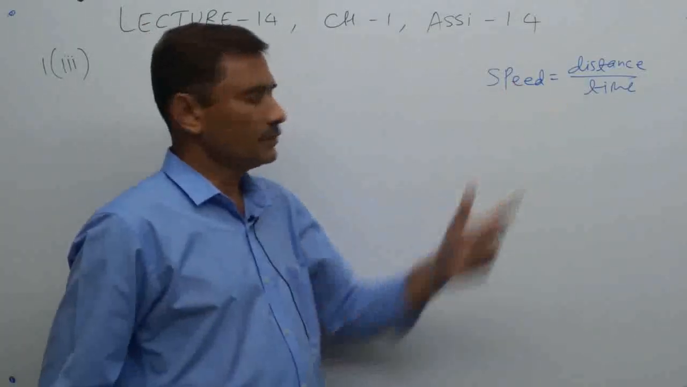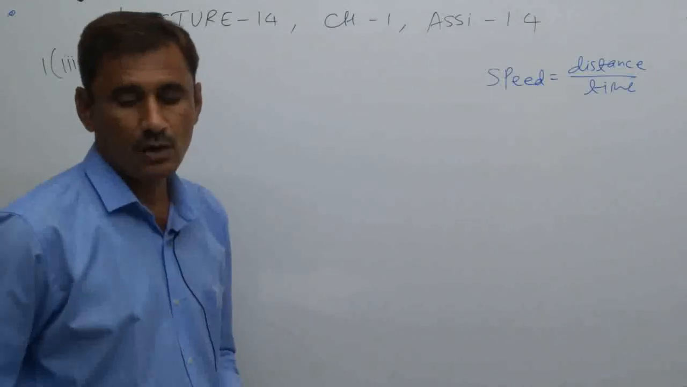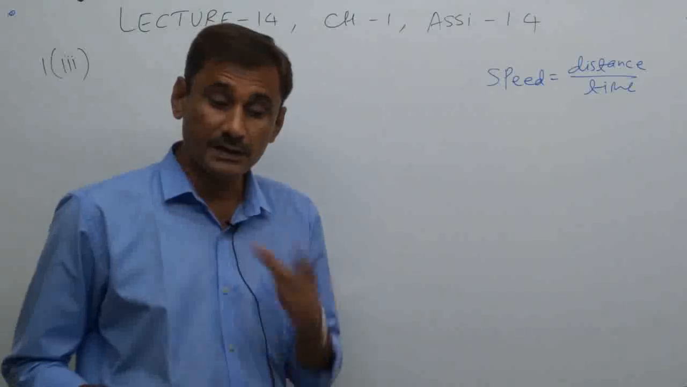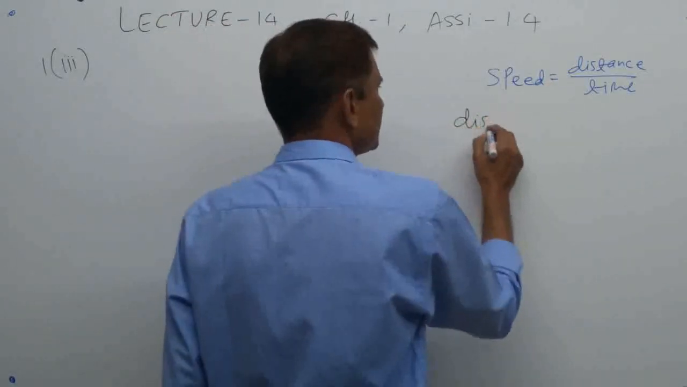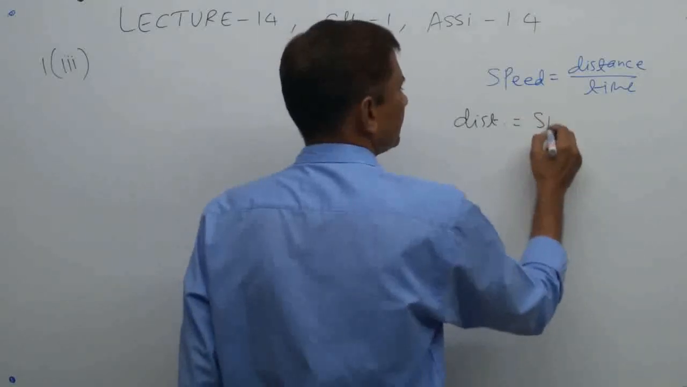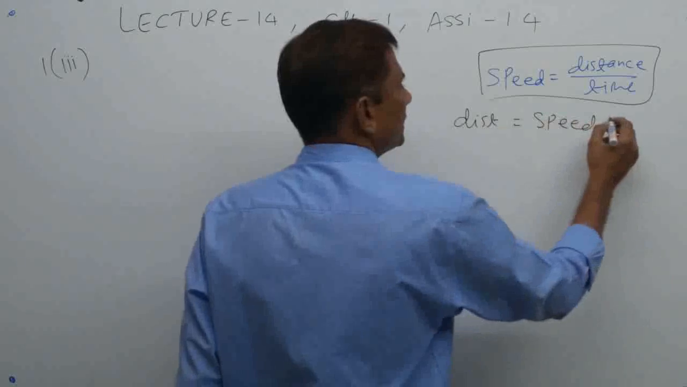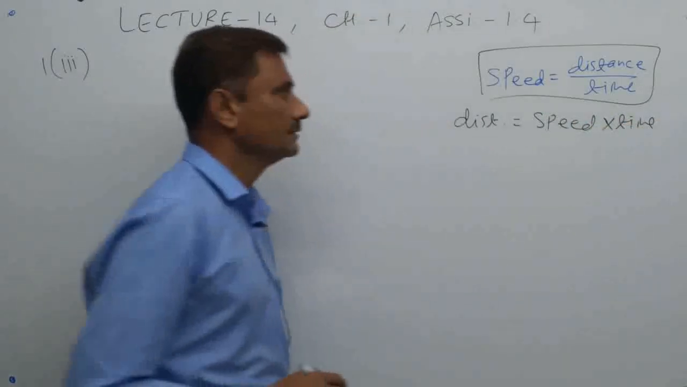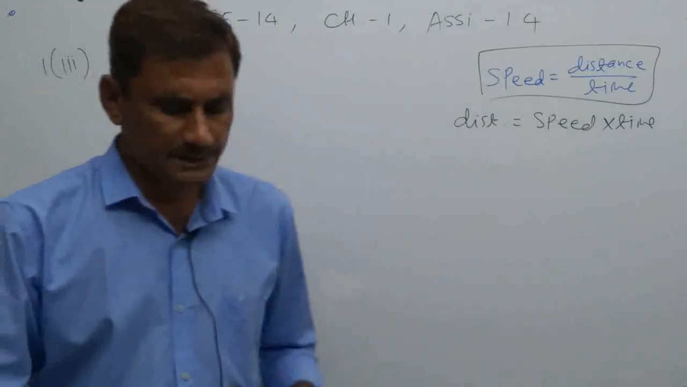This is our main formula, and here distance is asked. How much distance will the train travel? So speed is given, time is also given. So I can write here distance equal to speed into time. The same formula is there. The main formula is this only. Now whatever you want, you just make it the subject. So speed into time. But here speed is